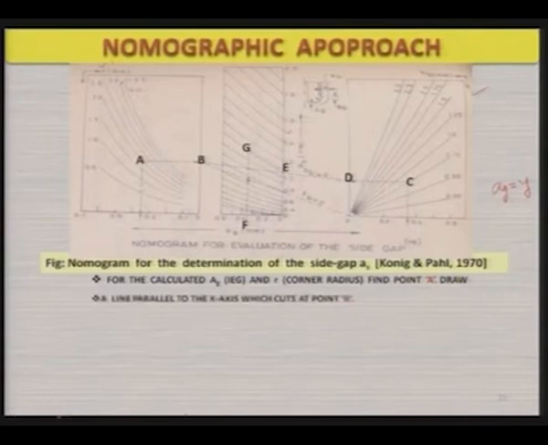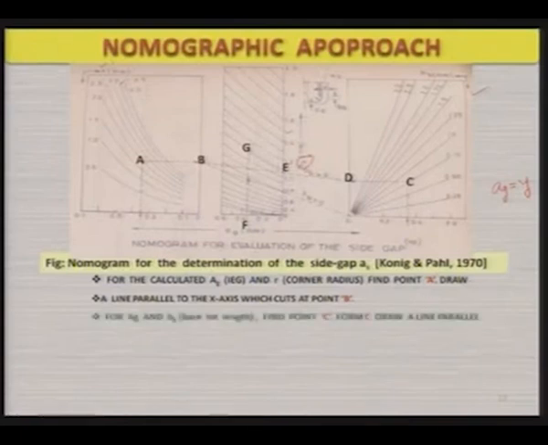Now, a line parallel to the x axis which cuts at point B is drawn from point A. So, you will get the point V over there. Our objective is to find out the value of the AS for this particular condition. Then, for AG, that is the inter-electrode gap, and bare bit length BV, that is given over here, as you can see,